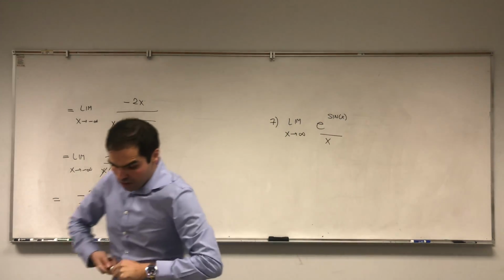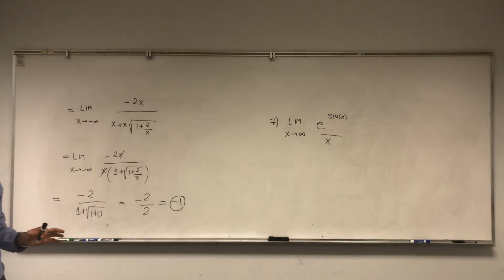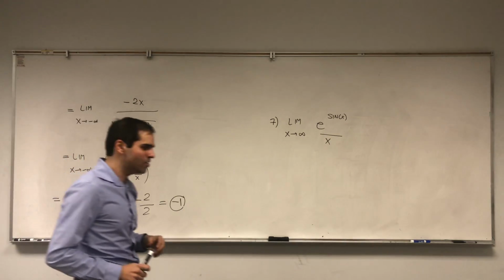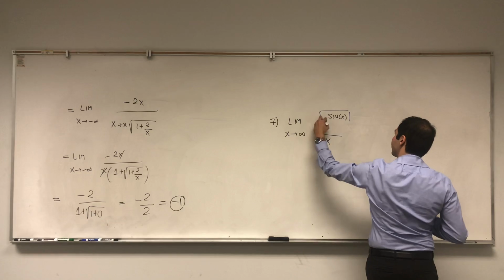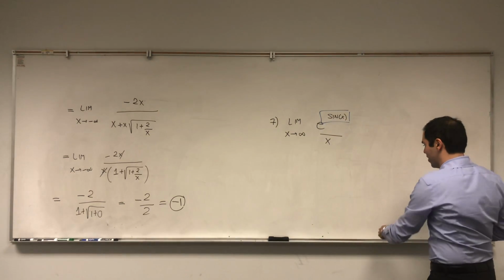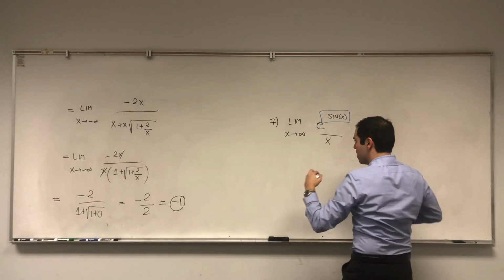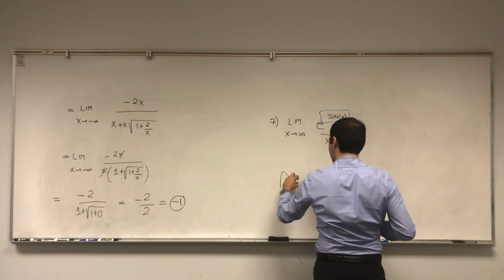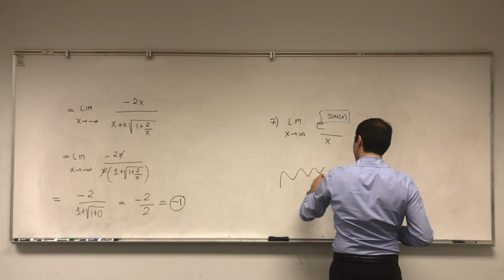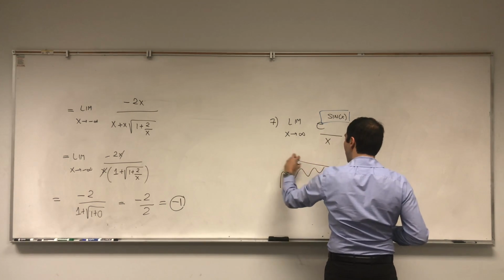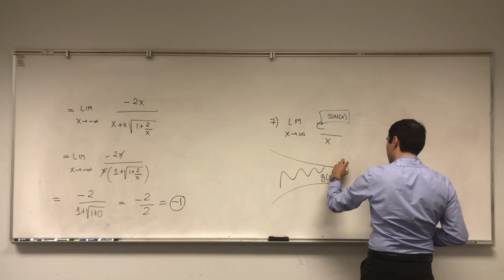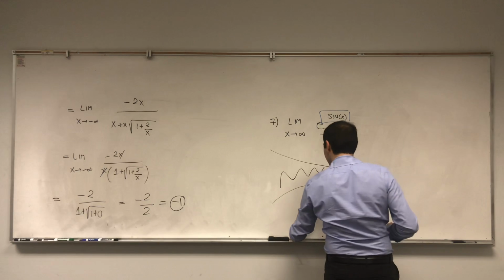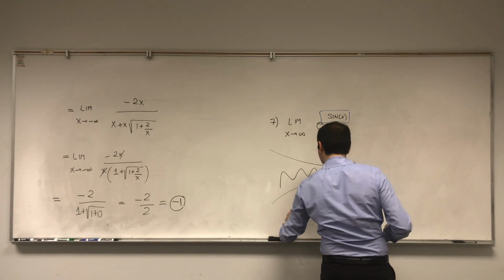So whenever you see sine or cosine, it's just a squeeze theorem, which says the following. Suppose you have a function g of x that's trapped between f of x and h of x. So if g of x is literally squeezed between f of x and h of x,